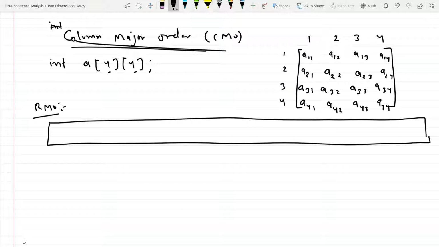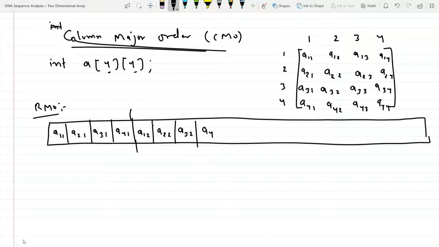It is represented like column wise. So what is the first column? A11, 21, 31 and 41. So the first column will be stored first: A11, 21, 31 and A41. Now what about the second column? A12, A22, A32 and A42.